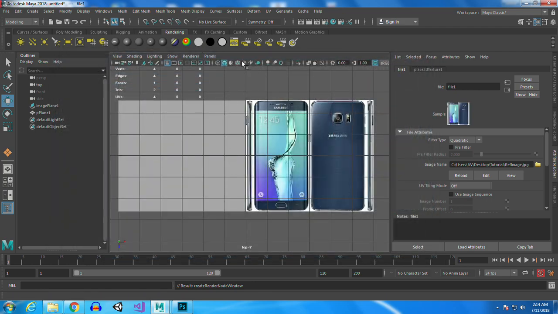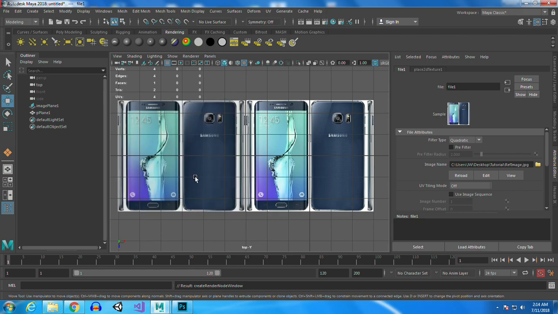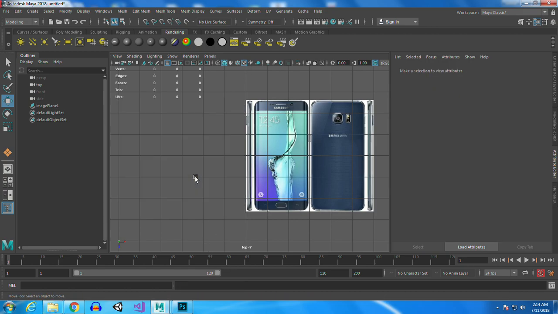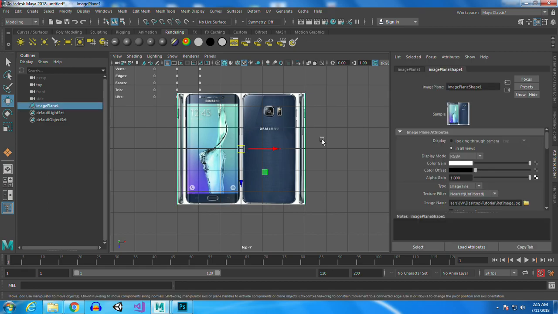And right now it's not showing up because you have to actually turn on the textures for it to show the textures. But these are the two ways you can do it. Either way is fine. It's really just a reference image. Now once I do this, one thing I like to do